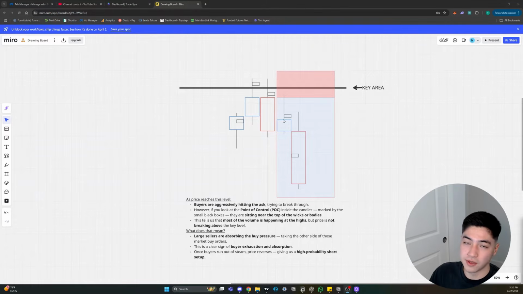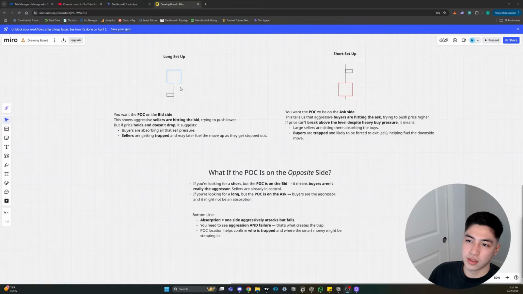It might work out, but the probability of it actually working out if it breaks past this level now is not very likely. When we're looking for a long setup, we want the POC to be on the bid side. And just as a reminder, the left side is the bid, the right side is the ask. So if it's on the bid side, this shows that aggressive sellers are hitting the bid, they're trying to push